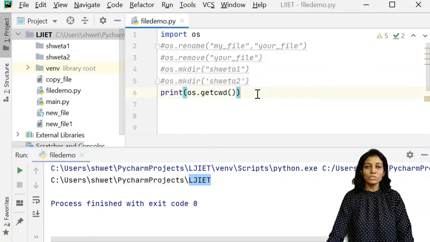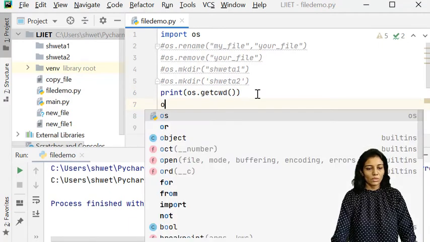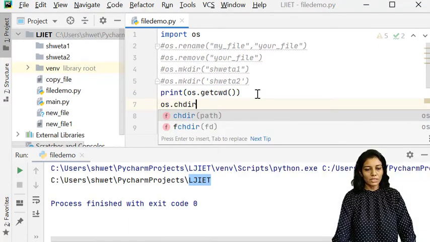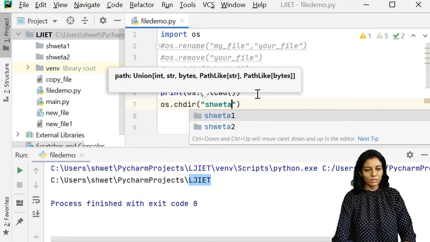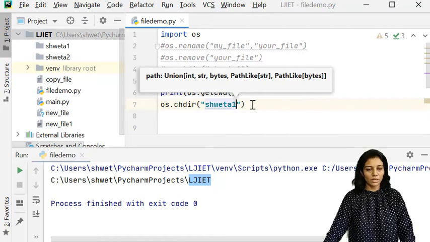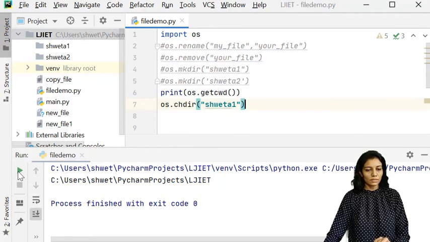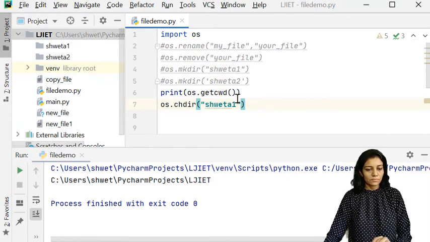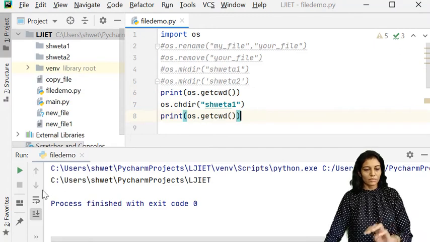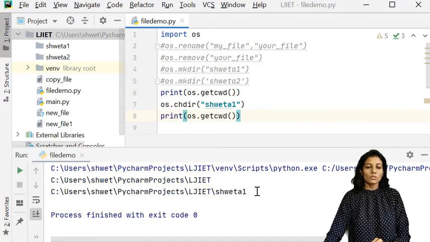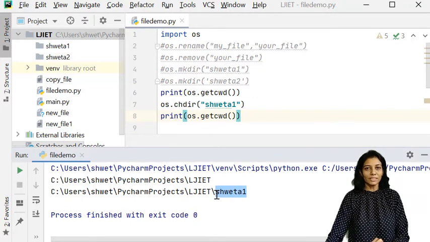Now if we want to change the current working directory, we'll do something like this: os.chdir, and we'll specify over here the directory which I have just created. And now execute the code again. I forgot to write this print statement. Yes, so after executing change directory, it has changed my current working directory.